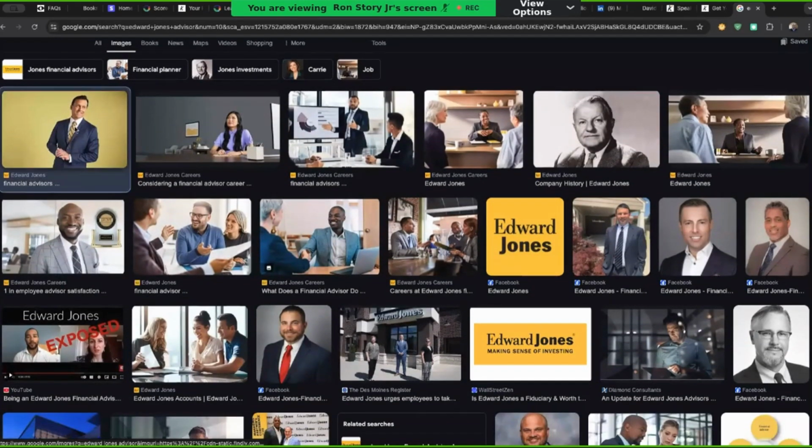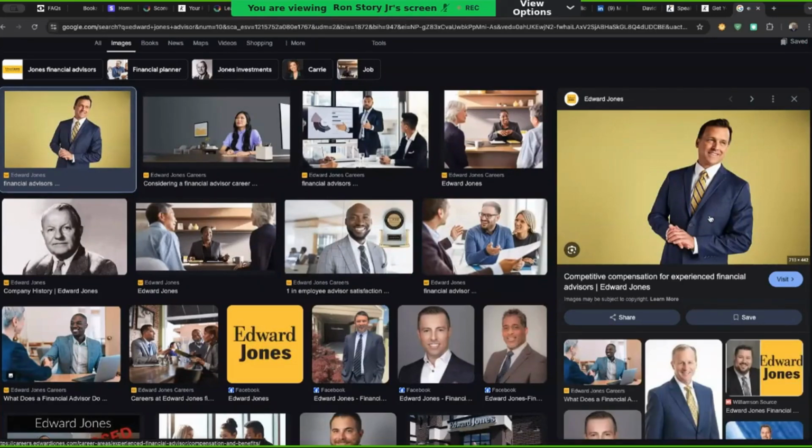What do you notice different? Look what this guy got on. They sell the same freaking products. They got the same life insurance, investments. If you bought Apple stock from the guy at State Farm, it's the same Apple stock that the guy at Edward Jones would sell. But the only difference is how they position themselves in the market. This guy looks like he should be managing your $10 million.